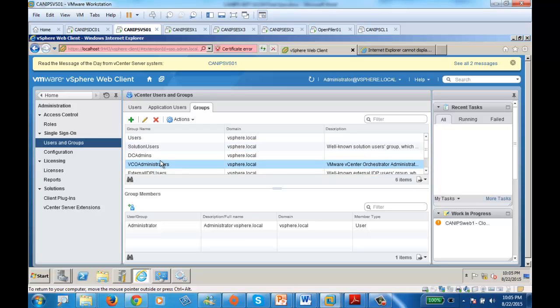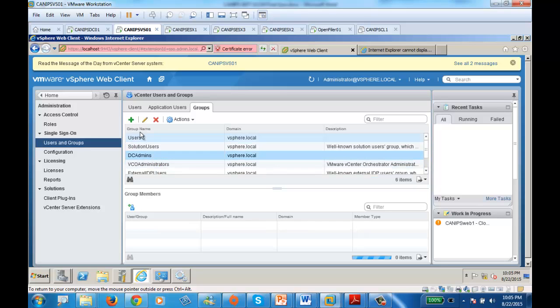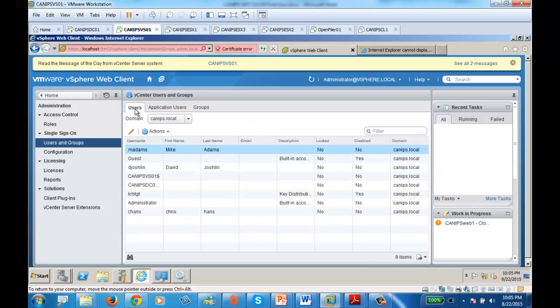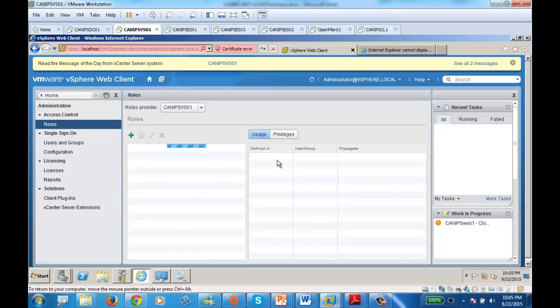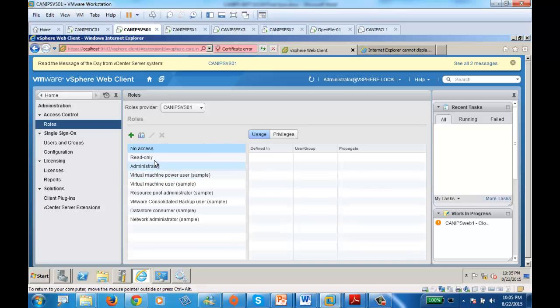Okay, it's showing me VC admin and groups. So here I should be able to go into roles, and within roles, if I go to administrator,